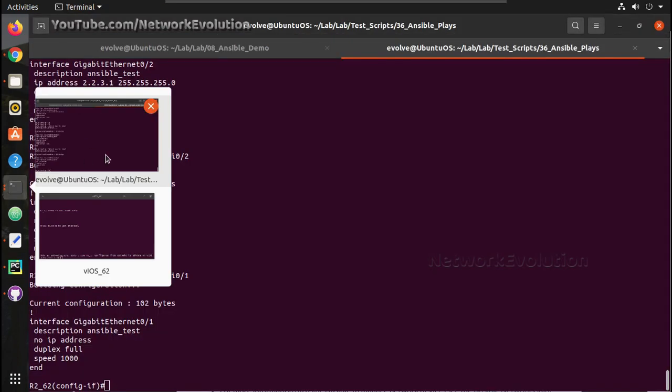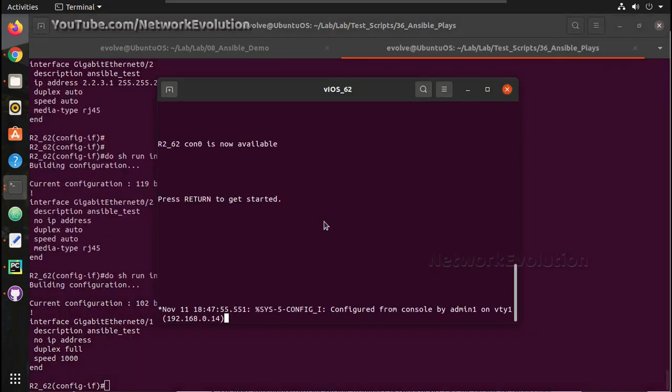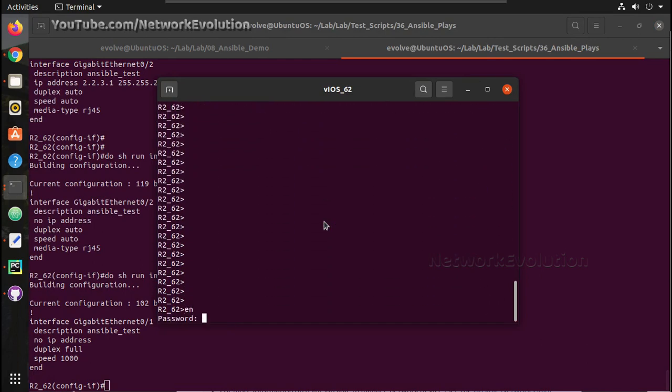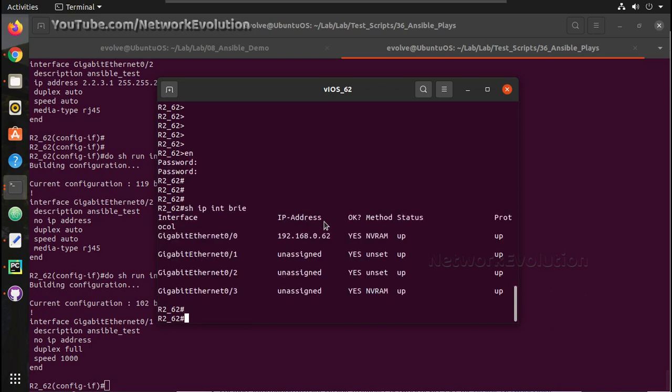Now I have direct console connectivity to the device, and here we can verify the IP address. The management interface has IP 0.62.